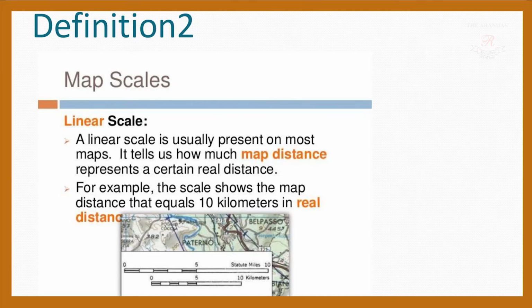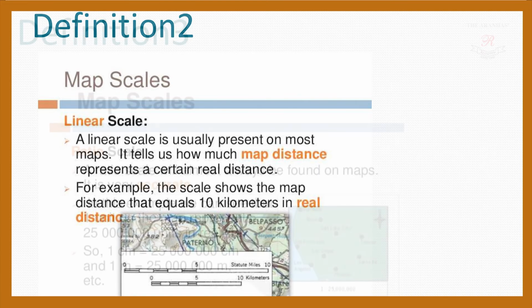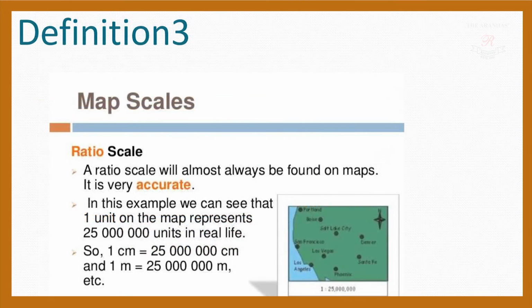And the maps which we are seeing in an atlas or world map or any digital maps, any maps which we are using nowadays, linear scales are the best example to use, okay. The third is ratio scales, that means the representative fraction or the ratio one. This is basically one term written, very accurate.